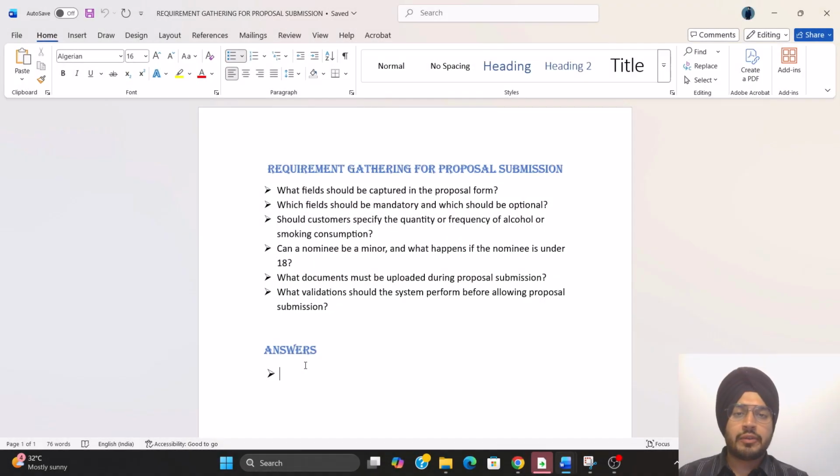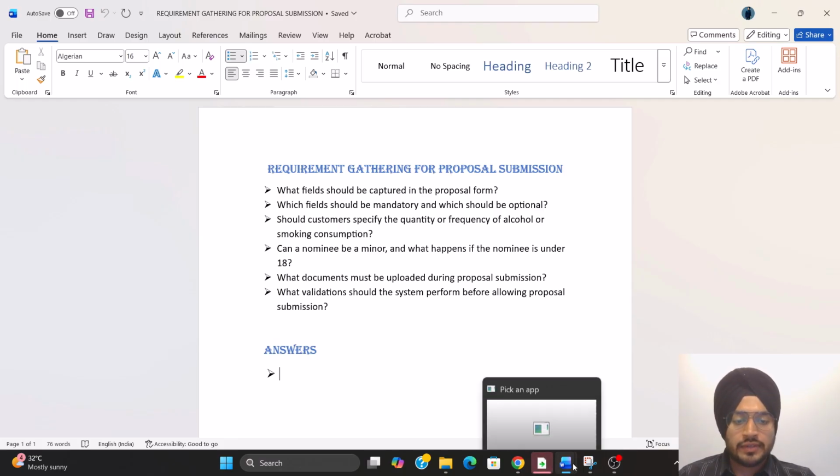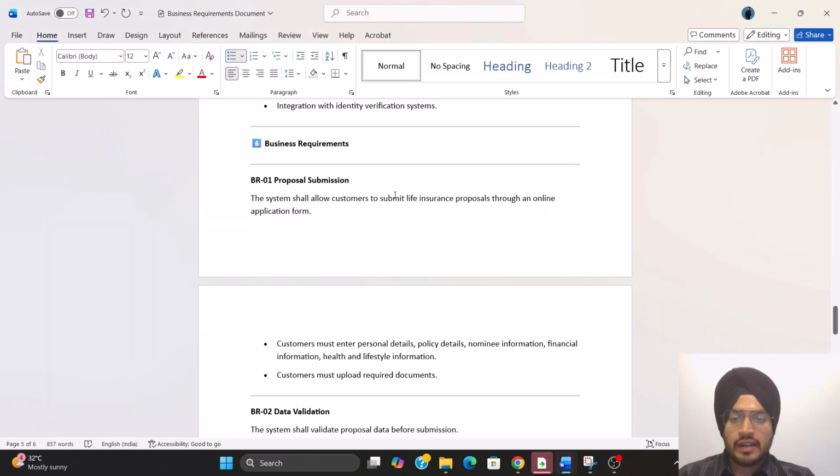As we have captured the high-level requirements in a BRD, now we'll go through a JAD session in which we'll be having our key stakeholders such as subject matter experts, underwriters, actuaries, policy administration system, product owners and business analysts, and they would gather the requirements and brainstorm on the high level requirements that we have. So the first high level requirement that we have is the proposal submission. So probably we'll go deep dive into it. We will gather the requirements for it, and